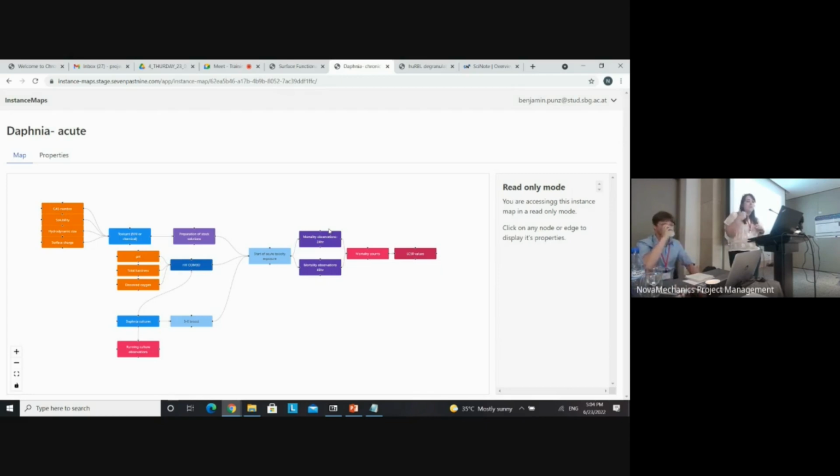One of the features that I'm really looking forward to is being able to link different instance maps together, that I was talking to Thomas about a couple of weeks ago. At the bottom, it probably really isn't that clear, but it just says running culture observations here. So I think it's really important to have baseline observations of culture health over time. And I'll see if I can find